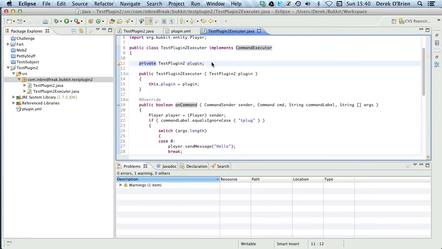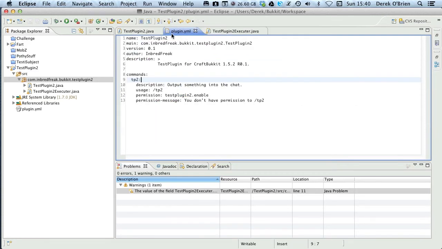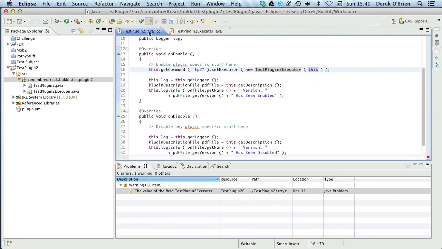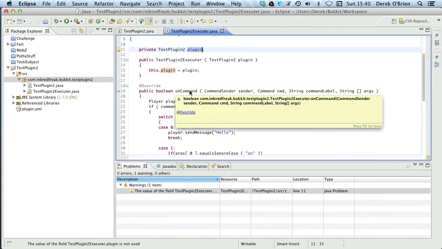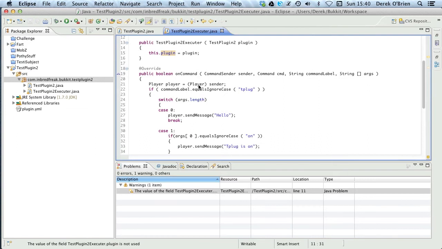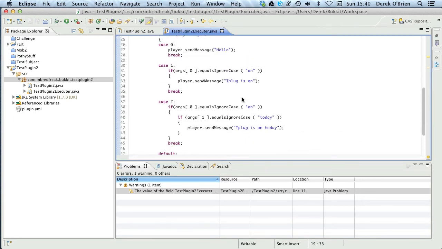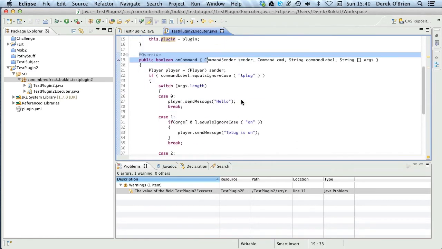Okay, we're going to create a variable called plugin, so we can have a reference to the plugin that we passed into this. What we passed in here, which is this file, has been passed into this plugin and then passed to this variable, which is then held in reference to plugin. So this.plugin, now I could just reference that plugin at any point by going to this.plugin inside this file. So the first thing we're going to do is override the onCommand method, which is part of the Bukkit